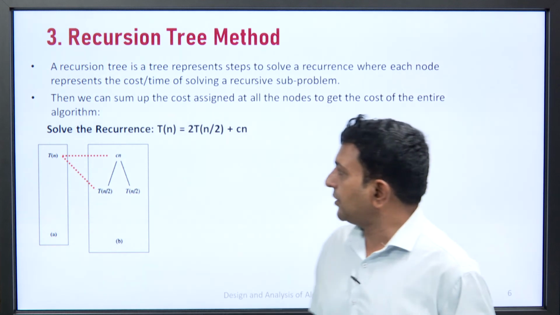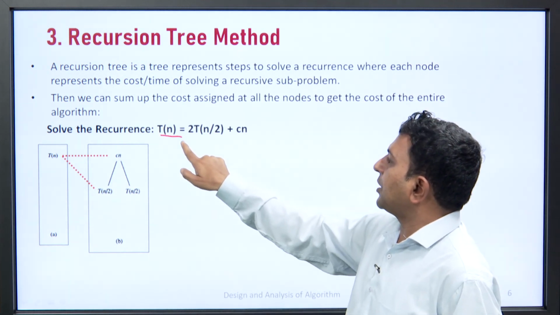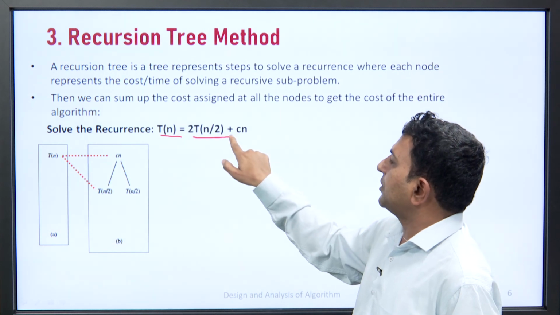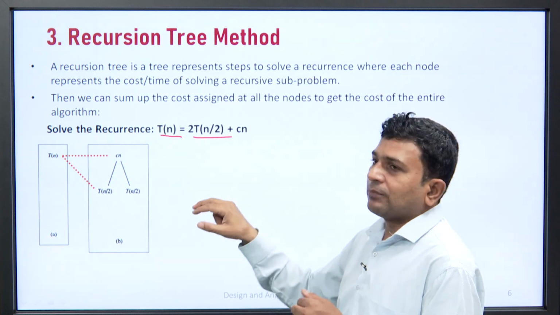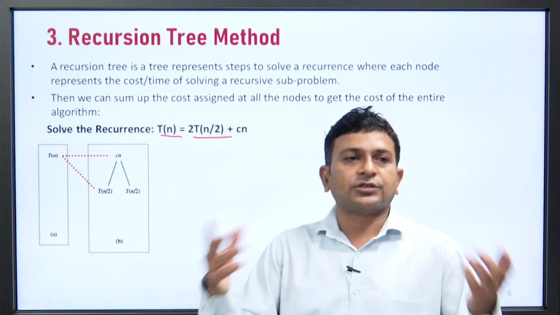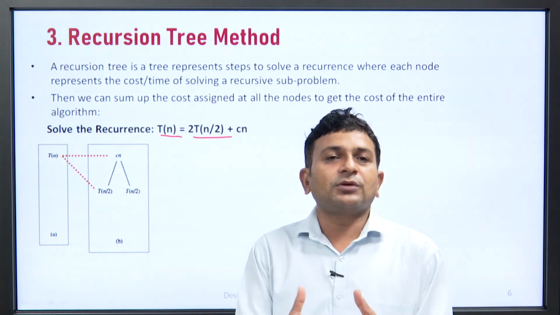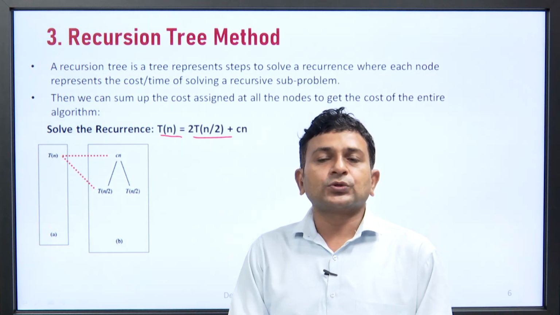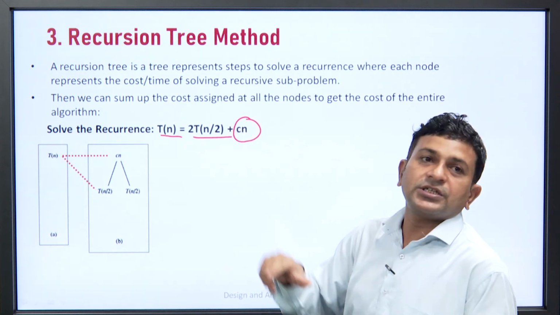we get the solution of the final recurrence. Just see here, if we talk about this recurrence, what do we do? We divide a problem of size n into 2 equal subproblems of size n/2, and these two subproblems of size n/2 are solved recursively. The solutions of these subproblems need to be merged. The merging operation takes how much time? That takes Cn time.